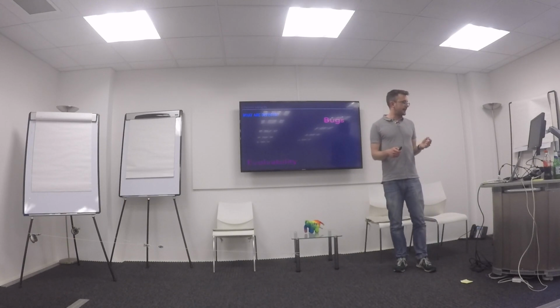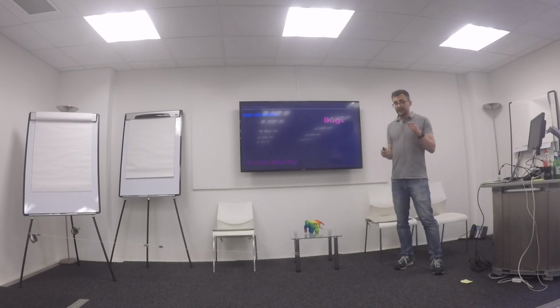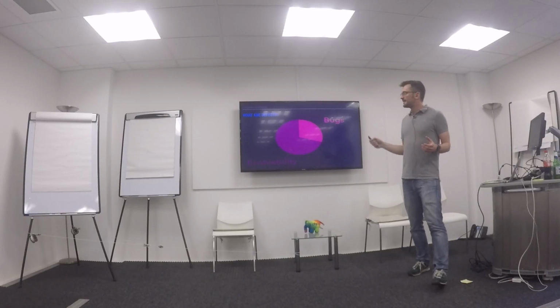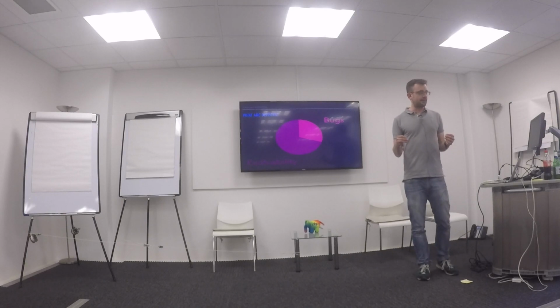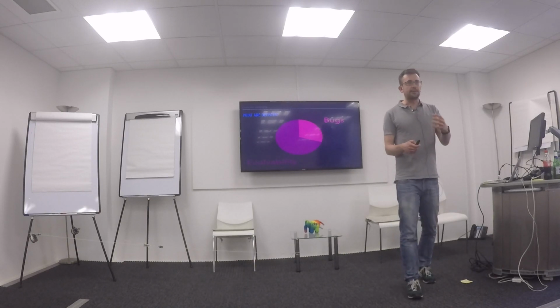And evolvability defects is code that makes the code base less compliant with standards, more error-prone, or more difficult to modify, extend, or understand. And the interesting thing is the proportion when you're doing code review. Maybe 60–70% of your bugs are evolvability bugs or defects, not actually bugs as in traditional bugs, which you're probably thinking of,